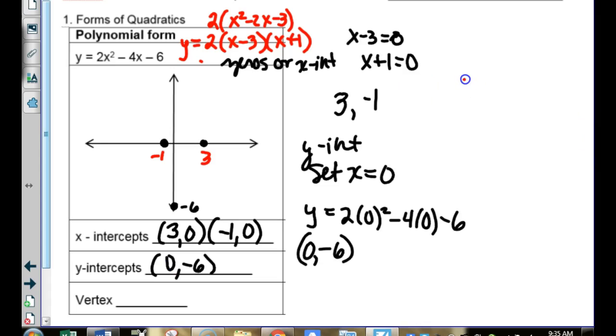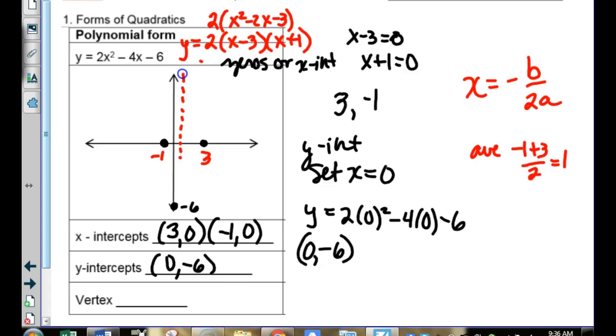We're going to talk about the vertex finder recipe. Does anybody remember seeing this? -b over 2a. I know you all learned that in Algebra 2. But there's another way we could find where the axis of symmetry is if it's crossing x at -1 and it's crossing x at +3. If you average those, you get 1. The axis of symmetry has to be going right down here at x equals 1,